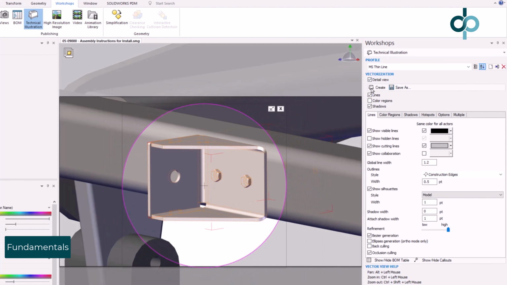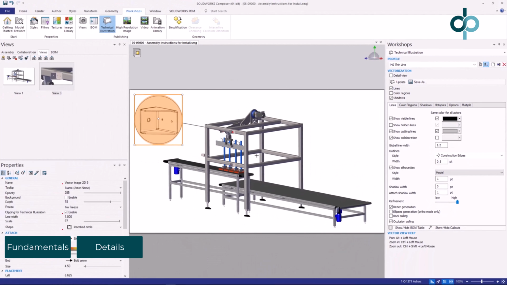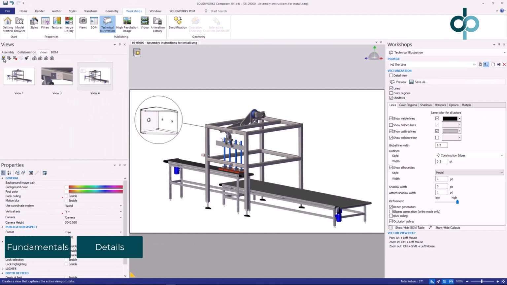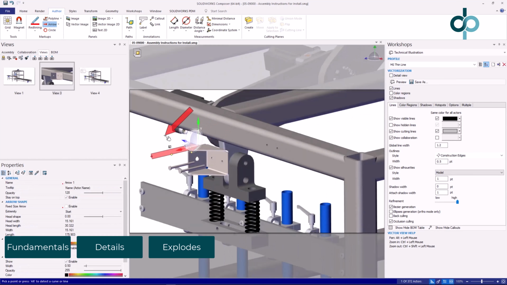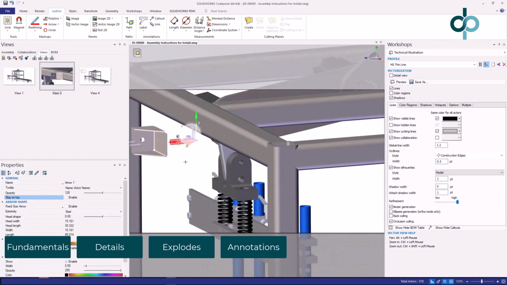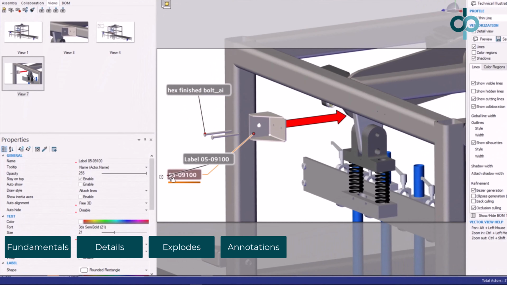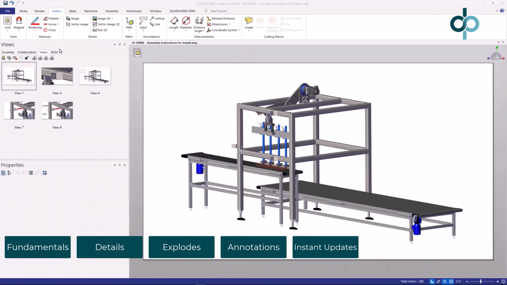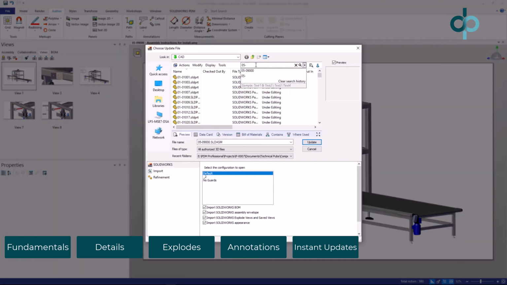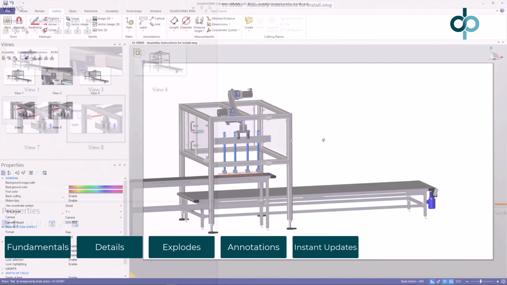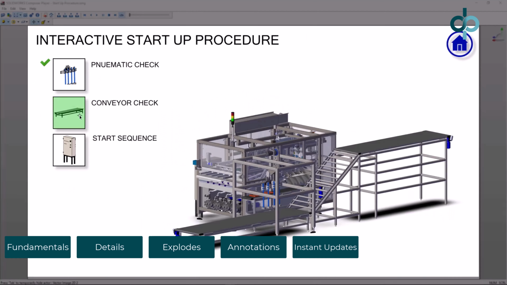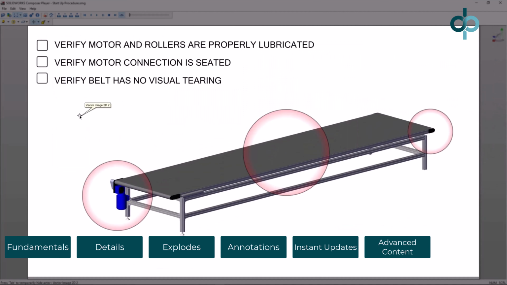views. Then we dive into using advanced tools to add more details to the documentation, add clarity to the design with exploded views, and even add annotations to make things incredibly clear and easy to understand. Then we work with updates to help you save time so you can easily adapt to inevitable model changes instantly, accelerating your workflow. Finally, we get into advanced content so you can create things to wow your customers, including things